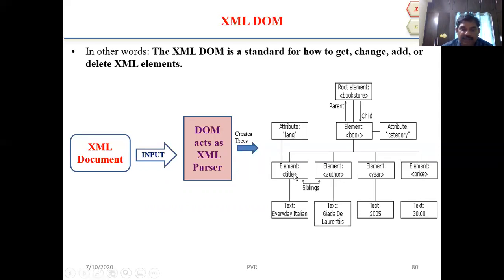If it is the title, we search by the title text, or by author, or by year, or by price.